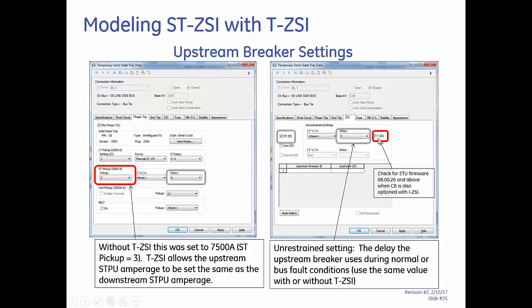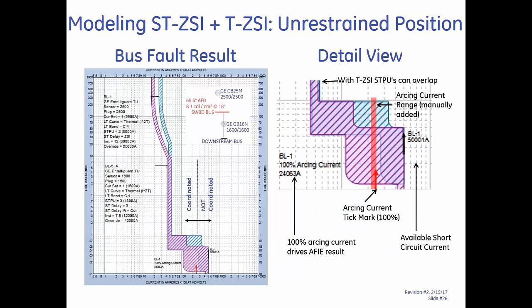You only want to select T-ZSI if you're sure you're working with a trip unit that actually has that capability and the right firmware version. Okay, so here now is the time current curve with the T-ZSI included in the capabilities, and you see again